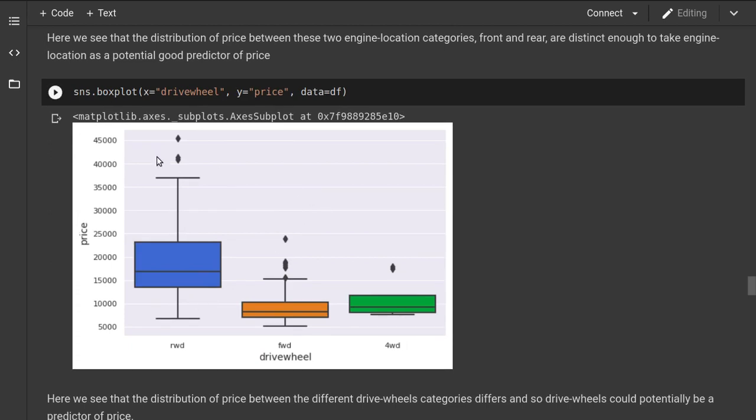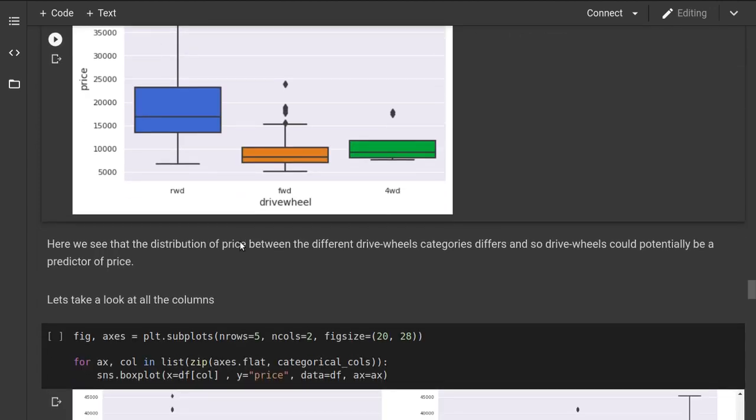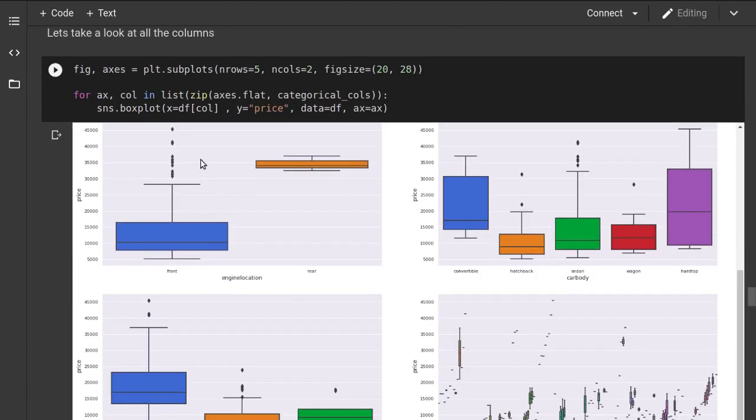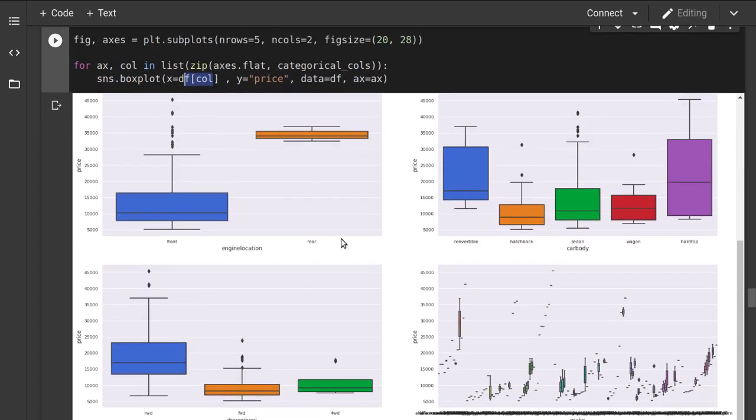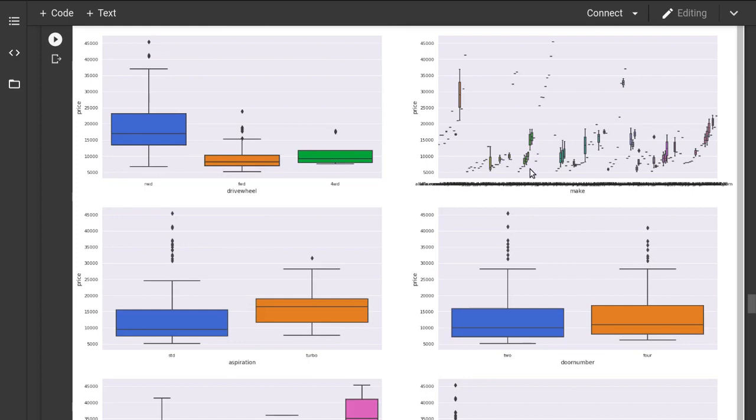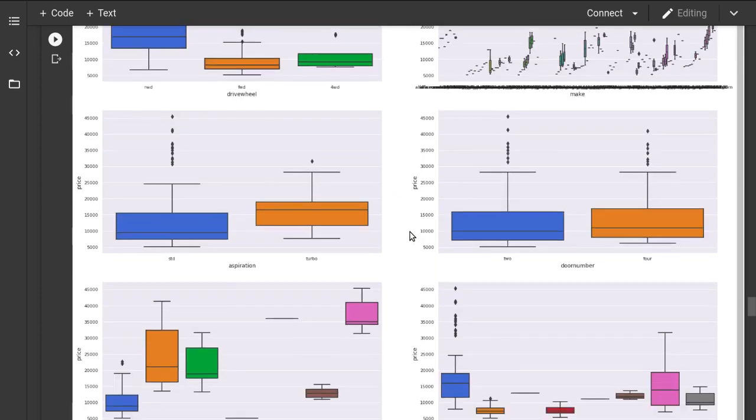Okay, I created a box plot for drive wheel. Then I created a for loop which will go on with every column and created plots for those columns. As you can see, the make column has really high categorical values.